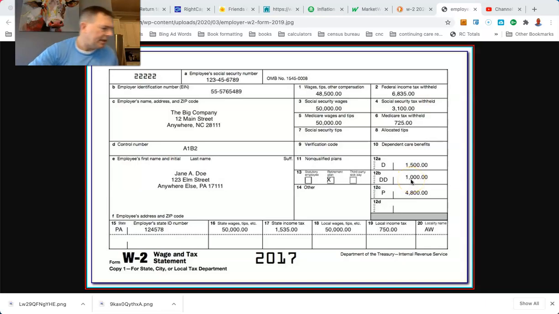Now DD is, I forgot, is that life insurance? Cost of employer-sponsored health coverage. All right, so this is not taxable to you. They're just putting it on there. I'm sure it's because it's tax deductible to the employer, but it just shows you, hey, we paid $1,000 towards your health coverage. All right, now line 12C, in this case, P is just relocation of a military member, and